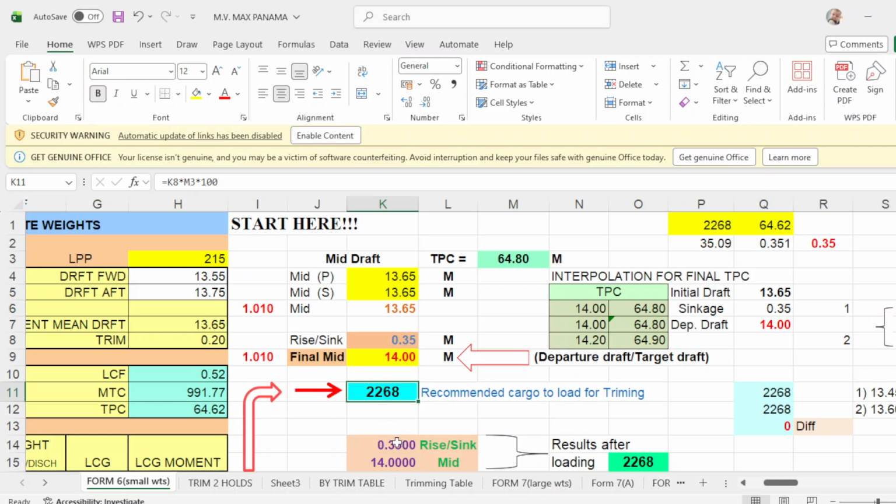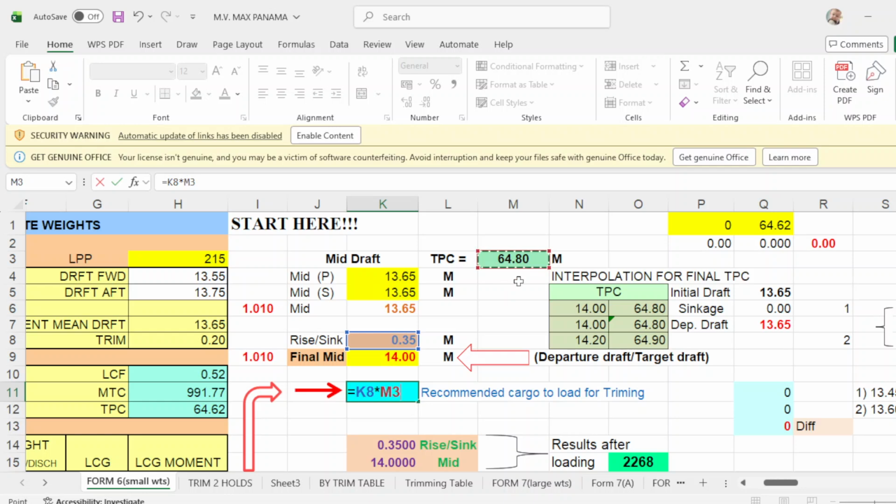To compute this by clicking, we delete this one. Then you put equals. You take the sinkage, which is K8, multiplied by your TPC of 64.80, multiplied by 100, and press enter.